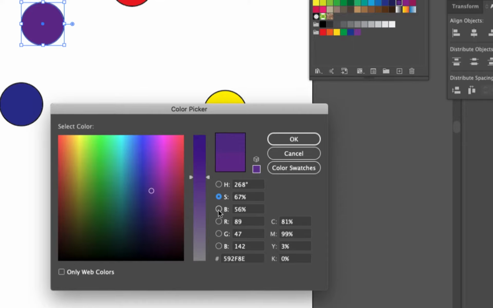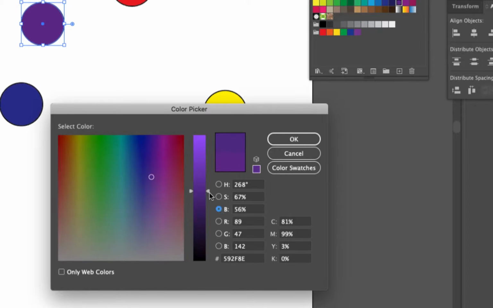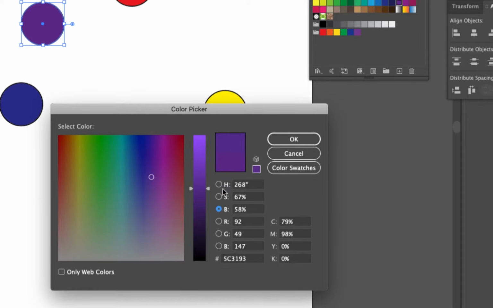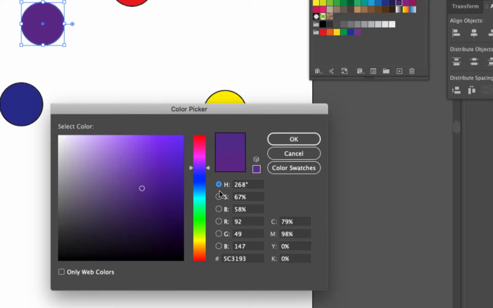And then what does B stand for, do you think, in this case? I just mentioned it. I said not to be confused with saturation. Brightness. So this is the level of light to dark in that color. You can change what this slider is based on these top 3 buttons.